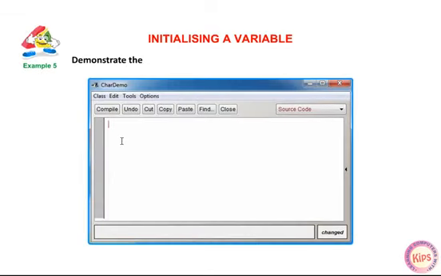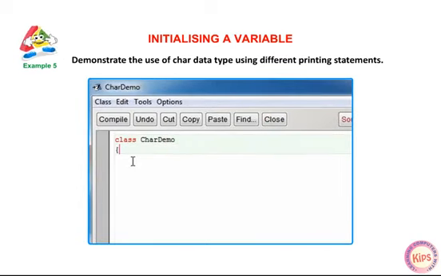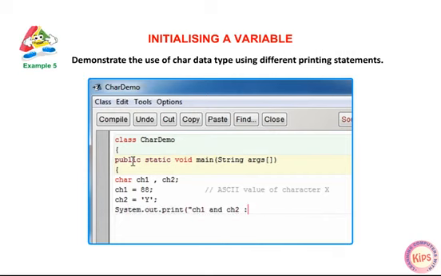Example 5. Demonstrate the use of character data type using different printing statements. class CharacterDemo { public static void main(String[] args) { char ch1, ch2; ch1 = 88; // ASCII value of character X. ch2 = 'y'; System.out.print("ch1 and ch2: "); System.out.println(ch1 + " " + ch2); } }